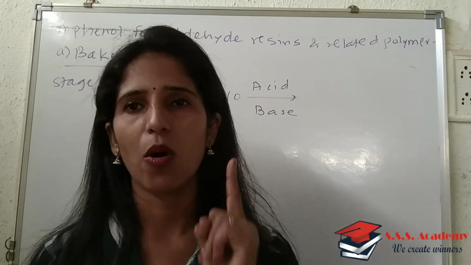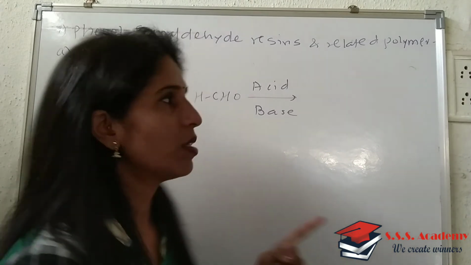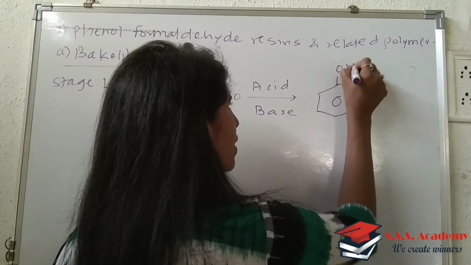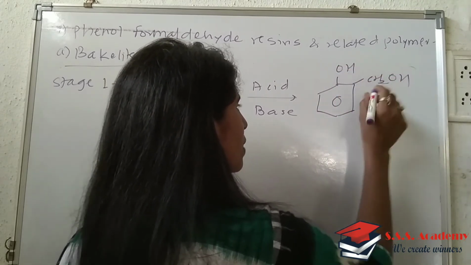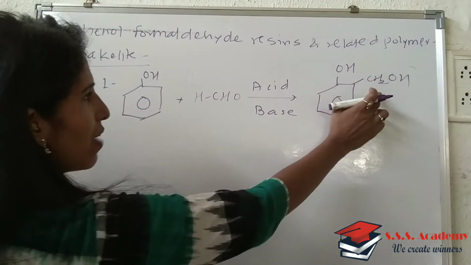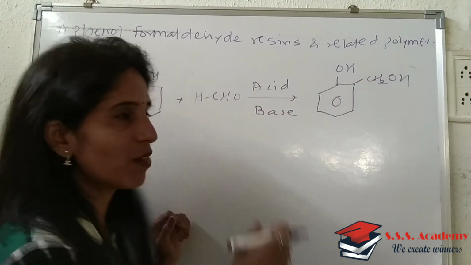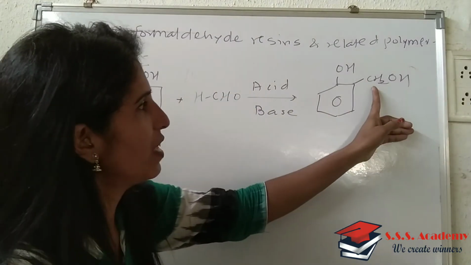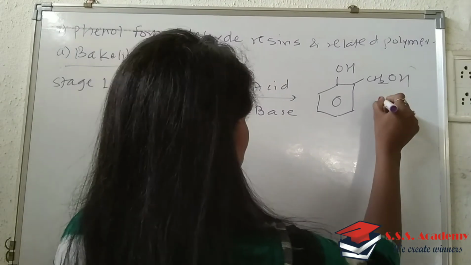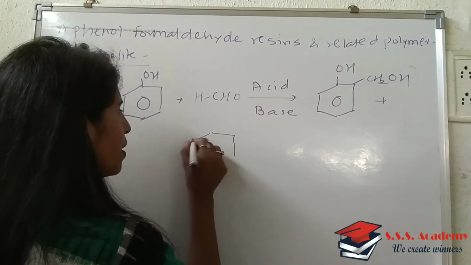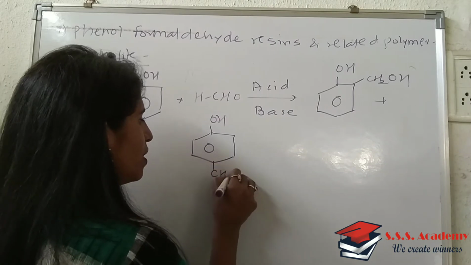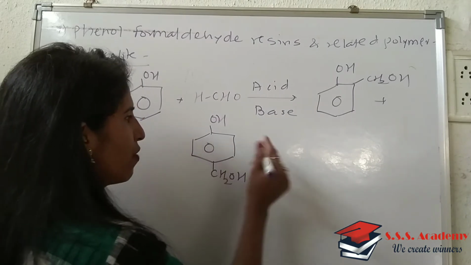One is called as orthomethyloyl phenol because this is a methyloyl group at the ortho position. See, this is OH and CH2OH. This HCHO is there now. We have rearranged whatever formaldehyde, and we have written in this way CH2OH, right? This is called orthomethyloyl phenol. Then second is nothing but at para position we will have that methyloyl phenol. So this is CH2OH. So it's para-methyloyl phenol.